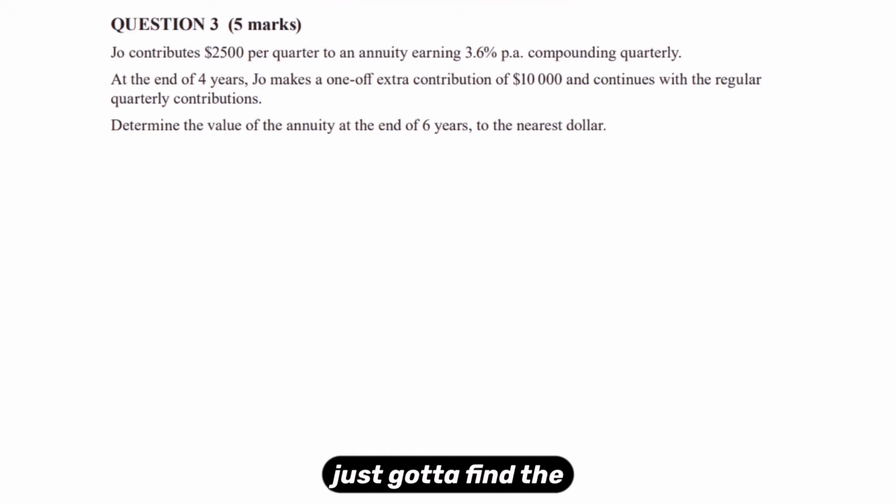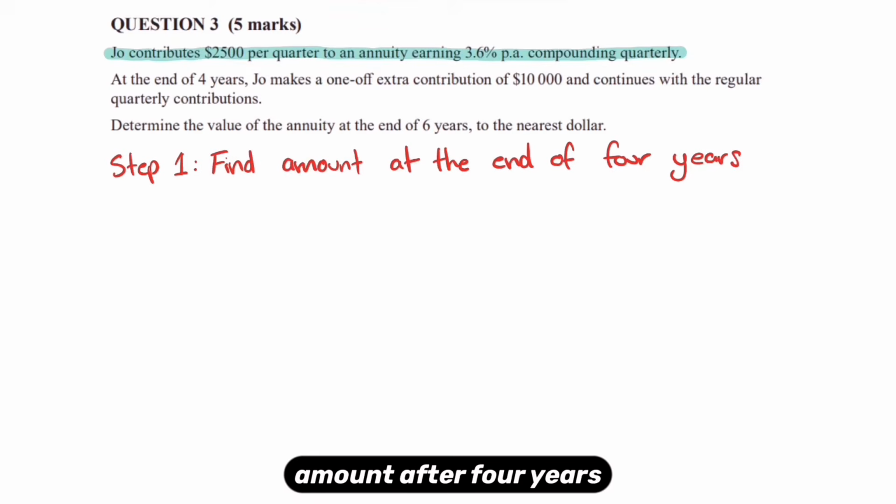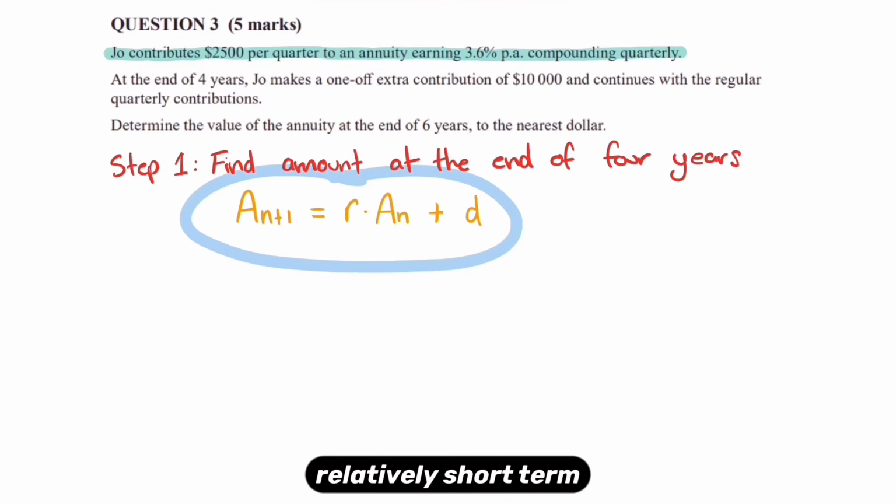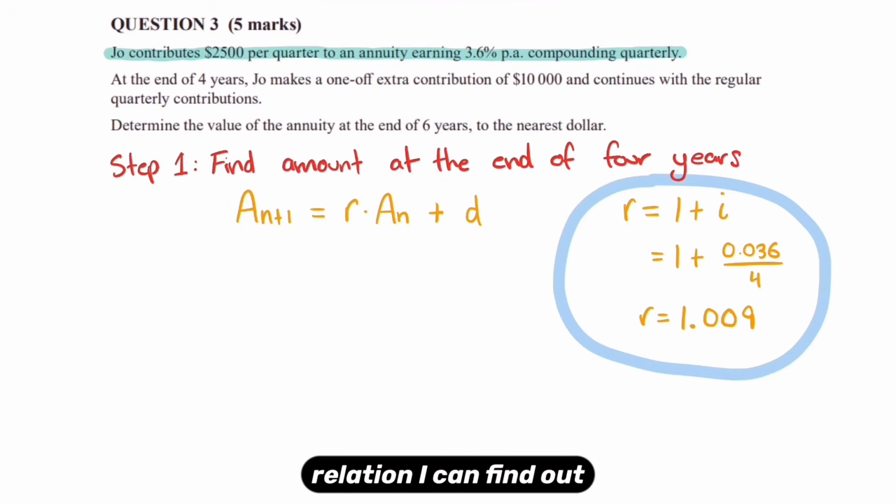So step one, we've just got to find the amount after 4 years and then kind of mentally pause, because then we're going to add 10,000 on. Because this is a relatively short-term investment, we've got 4 years compounding quarterly, we only have to find A16, which isn't too bad. We could use the annuity formula if we wanted to, but we could also use a recurrence relation. Using a recurrence relation, I can find out what R is by just doing 1 plus the